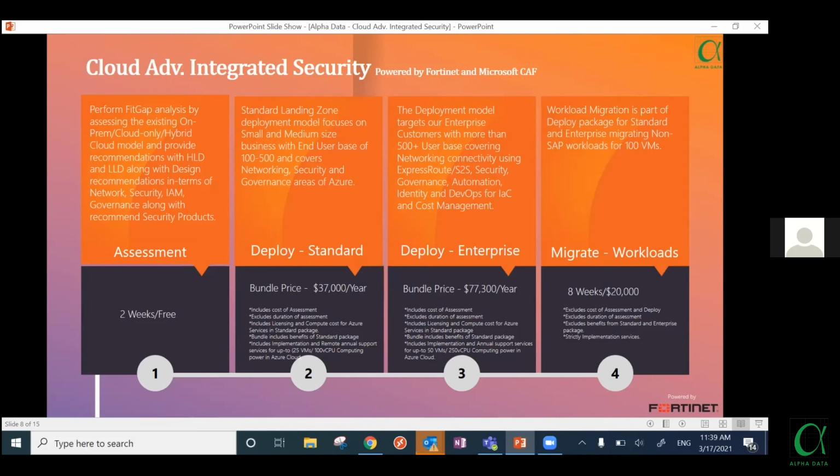Plus the licensing and compute cost will be higher in the enterprise because for the enterprise level of implementation, you require certain workloads with a much higher bandwidth in terms of firewall and so on. All these things will also be covered in the bundle price. Now you might have a question about what licensing and compute cost is being covered in this bundle. That benefits I'll explain in the next slide.